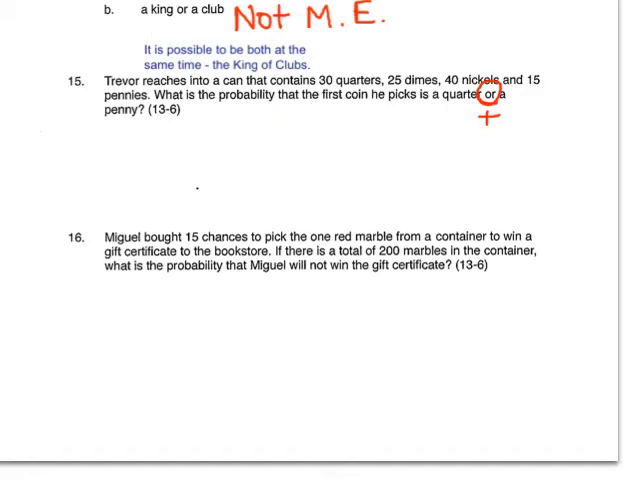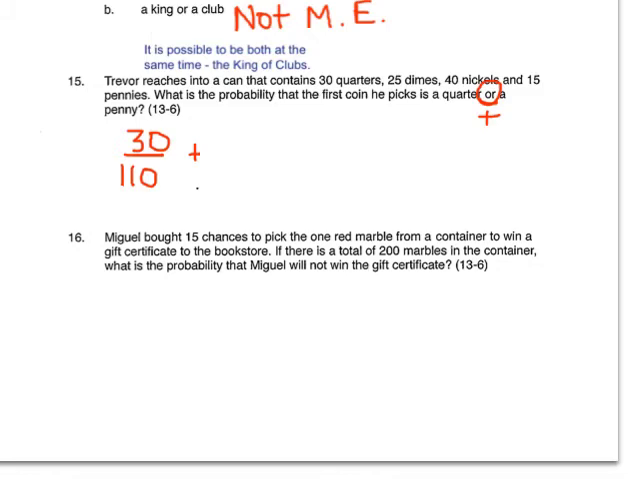Is it possible to be a quarter and a penny at the same time? Hopefully your answer is no. So I can just take the 30 quarters out of the total. Total there's 55 and 40, which is going to be 95, 100, I think 110 coins. So it would be 30 out of 110